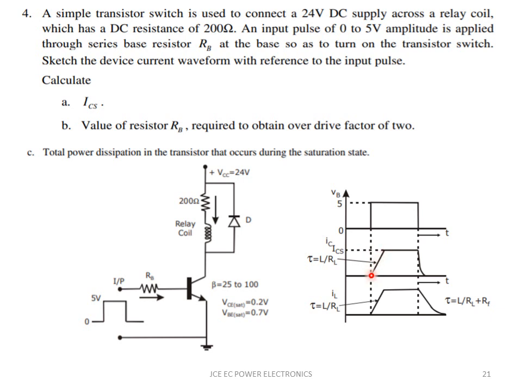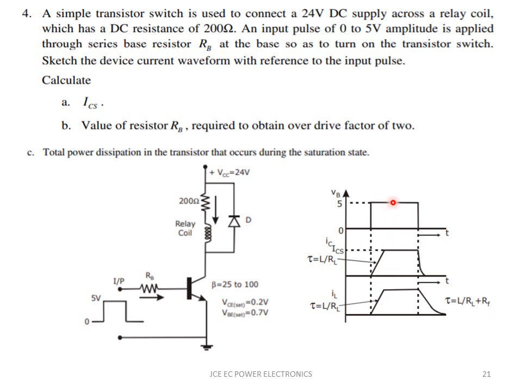So because of that coil, instead of increasing vertically like this, you will be getting a slope, and the slope depends on the time constant L upon RL. L is the inductor value and R is the series resistance. So how much this slope should be depends upon the time constant tau equal to L by R. Now the same current, when the transistor is said to be on, the inductor current will flow through the collector current. So the waveform of the inductor and collector current will be the same. Slope will be there for both.